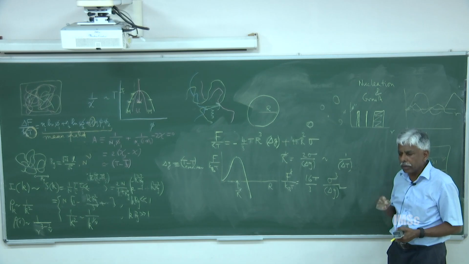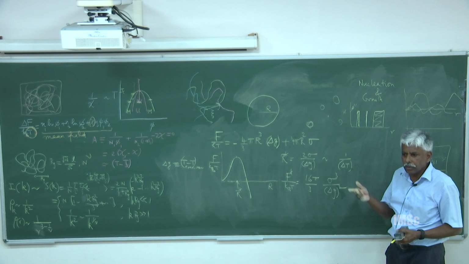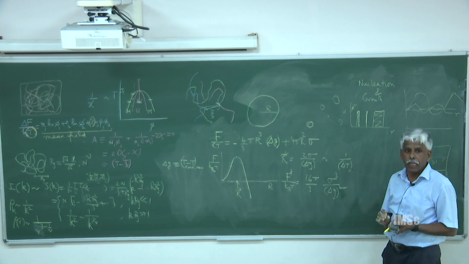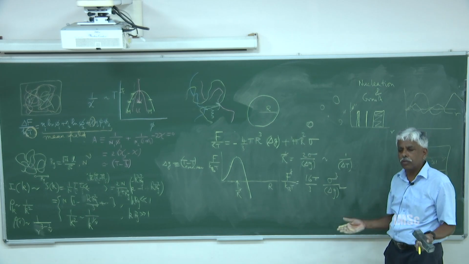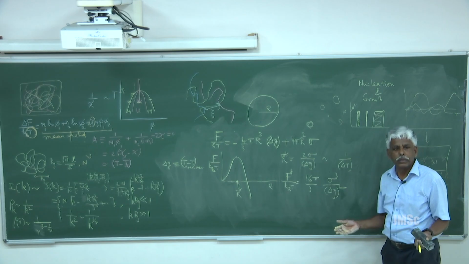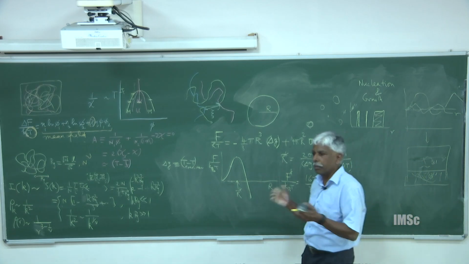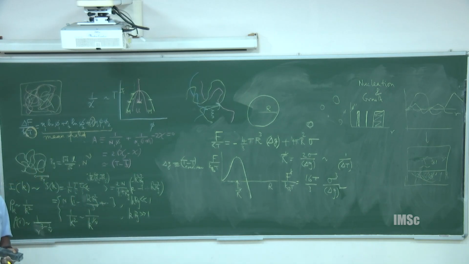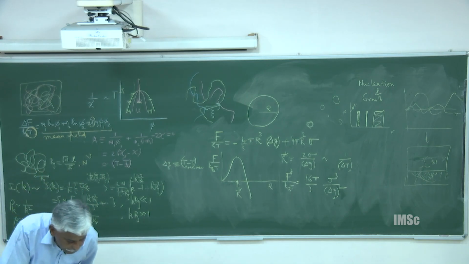If you want to make measurements, or if you want to do simulations, you should not just do it arbitrarily. You should design your simulation in such a way that delta T is large enough. Then you will see it, otherwise you will be waiting at your computer for a long time. You can go home and come back. So that means your delta chi, whatever chi you are changing, if the inverse relation holds.